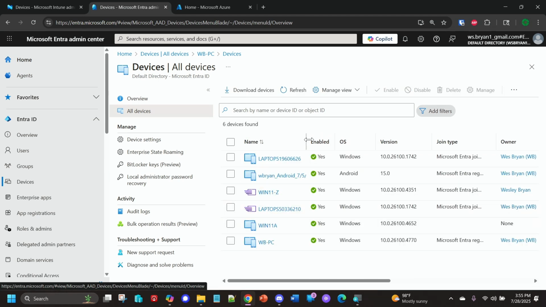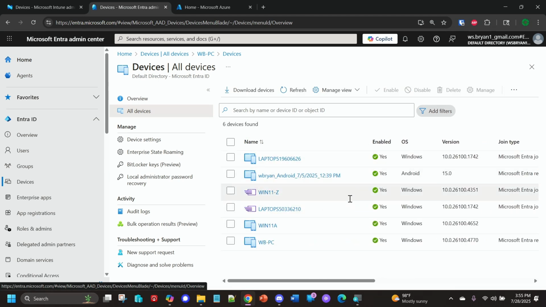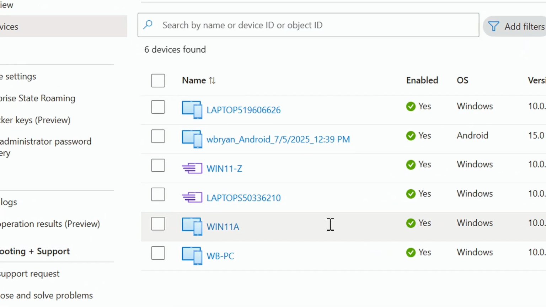And here's where you can see a little bit of a difference. This is what I like about this interface, and it's why I like showing multiple interfaces, because these are my Autopilot devices here. This one actually doesn't exist anymore. It's a stale device and it will be deleted soon. But you can see our